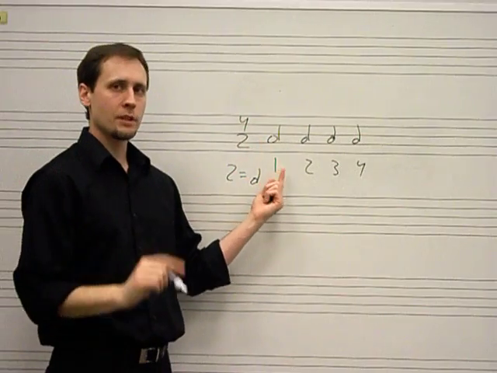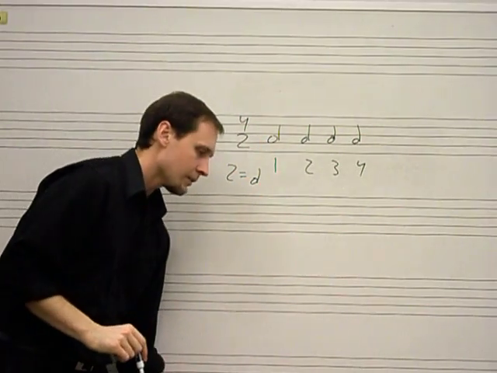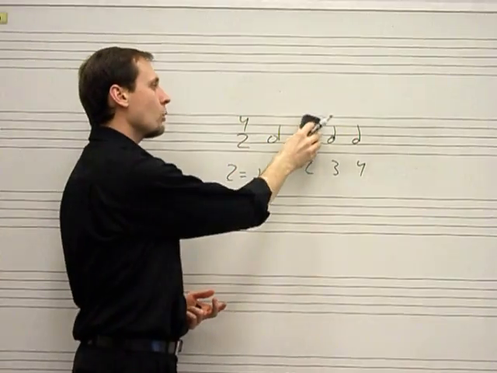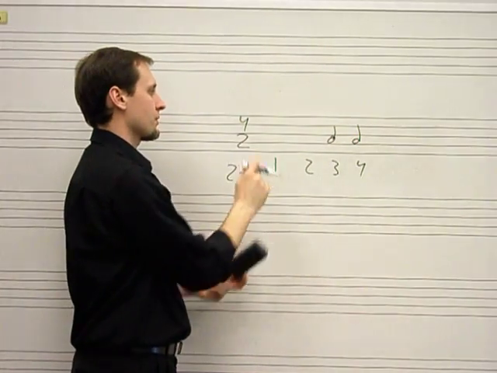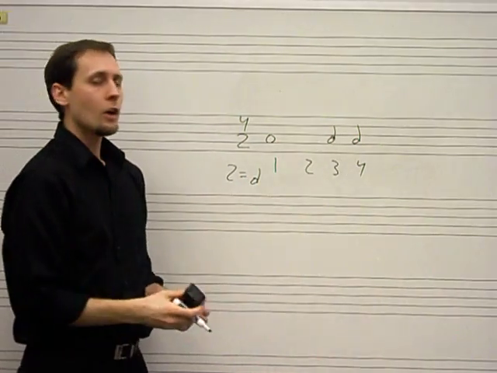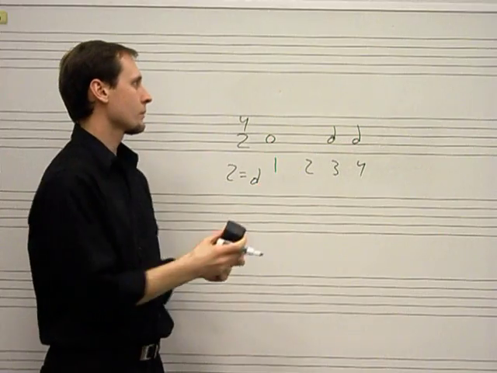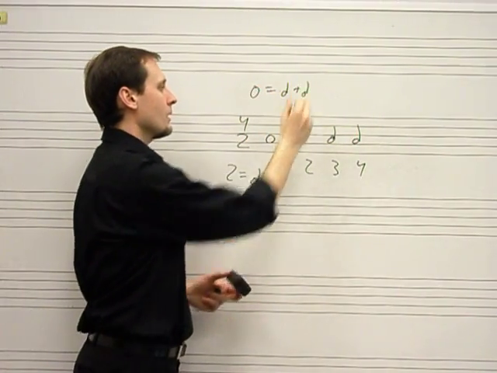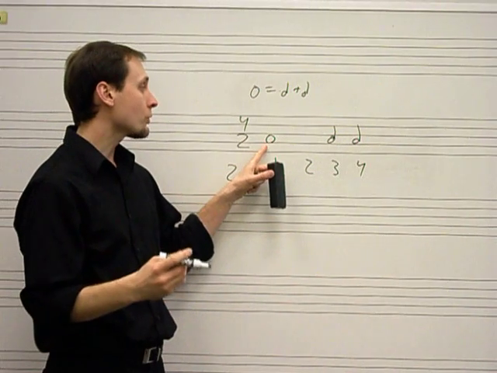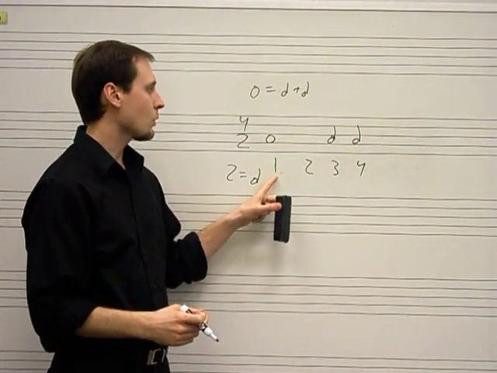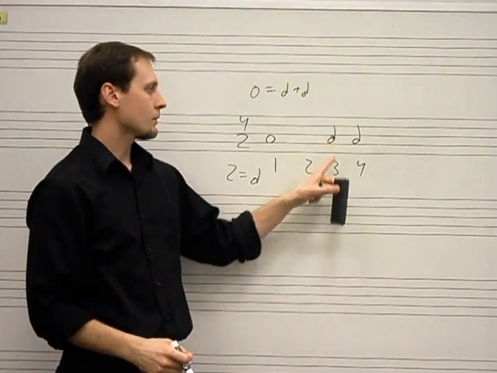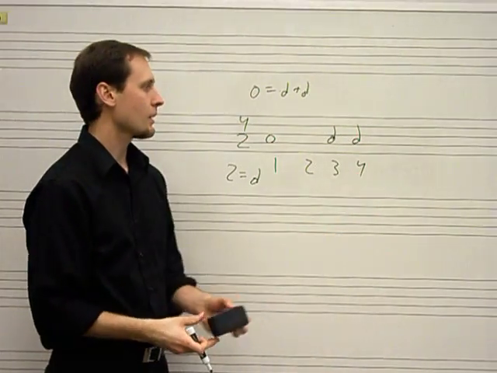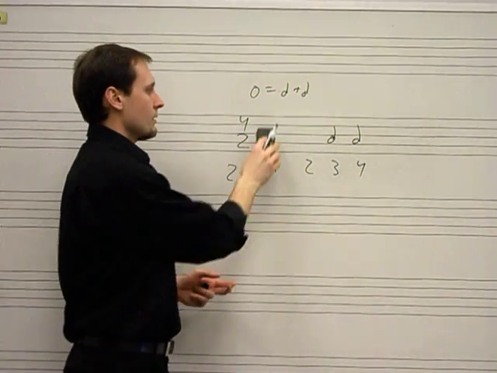Now, if the half note gets the count of 1, then what do you think the whole note gets? Okay. A whole note is still equal to 2 half notes. So a whole note gets 2 counts. 1, 2, 3, 4. And then